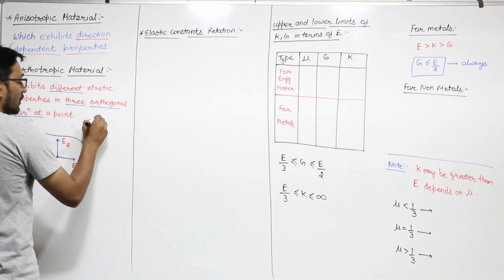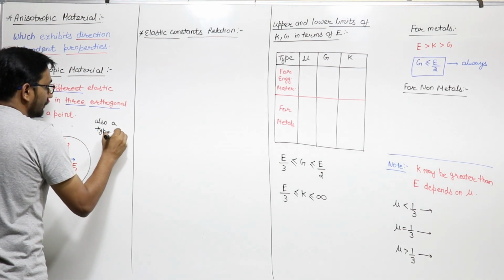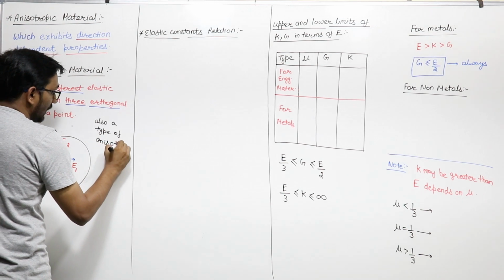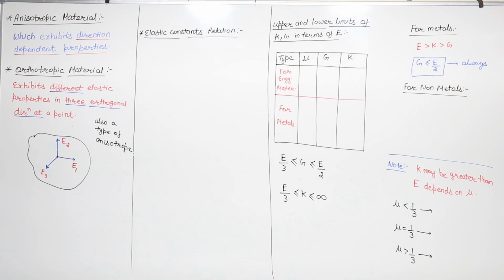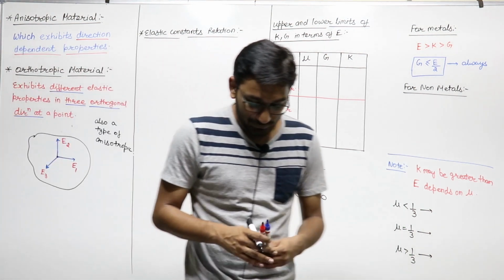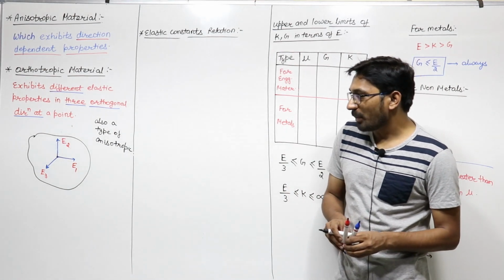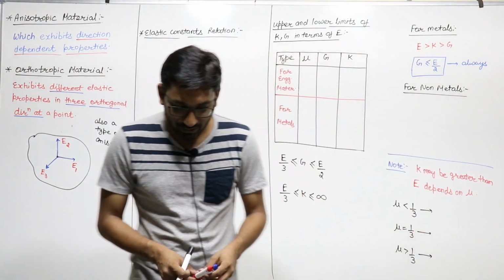So this is also a type of anisotropic material, right? Because in anisotropic material the properties are different in different directions, so this is also a type of anisotropic material, right? In the orthotropic material, we have total elastic constants